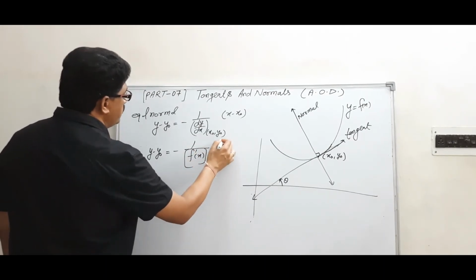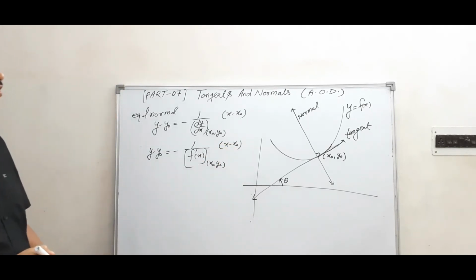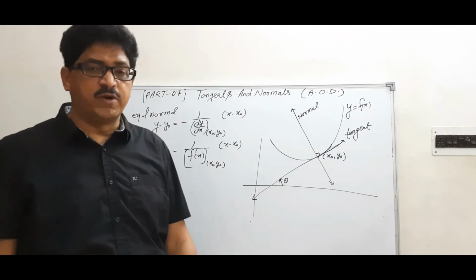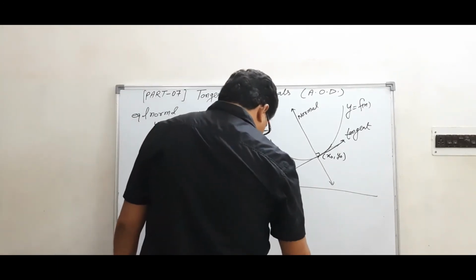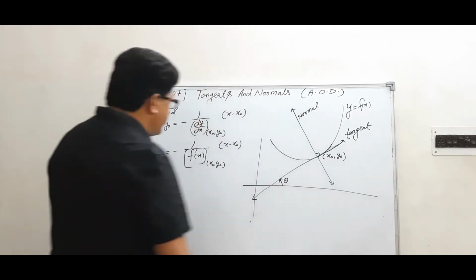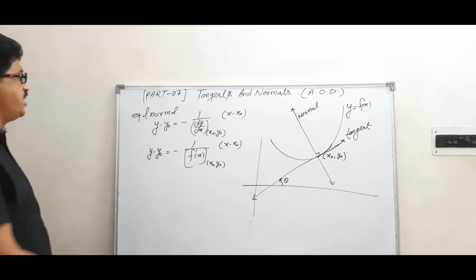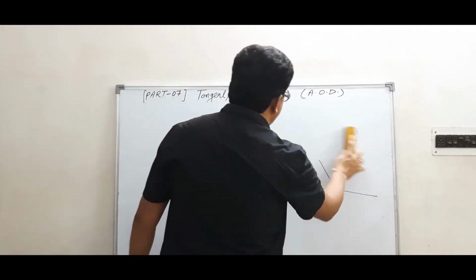x0, y0, x minus x0. So in this way you can find the equation of normal. Now you see some questions on the basis of tangent and normal. Exercise 6.3, question number